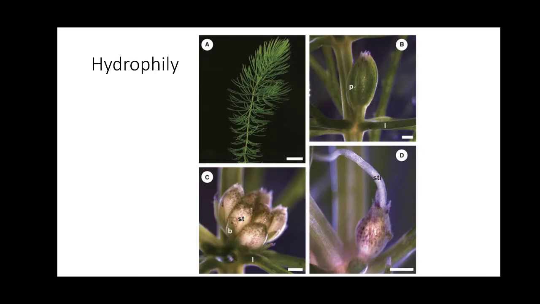Next, the hydrophily method, in which aquatic plants are definitely going to be involved. The aquatic plants produce pollens from the stamen. For that, usually the male and female flowers are different. So what we're going to find is that they are released in the water, and I don't have a very good picture of that dispersal technique. But usually it is carried from the male plant and is going to go and meet the female plant.